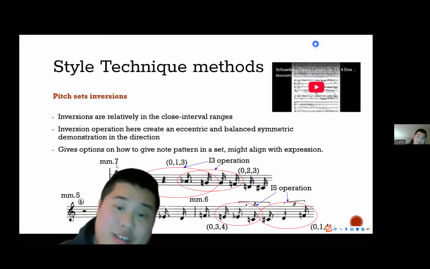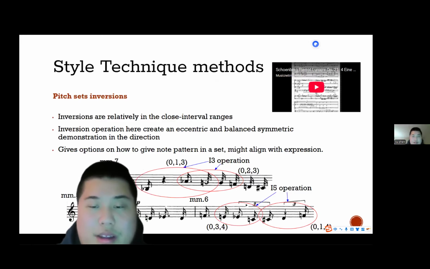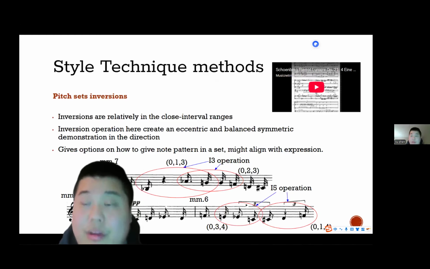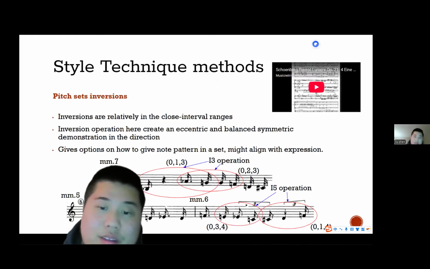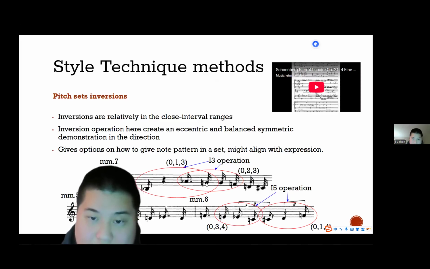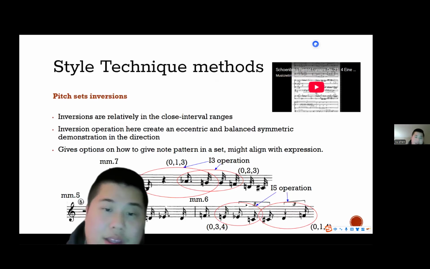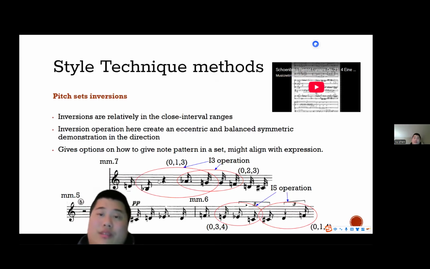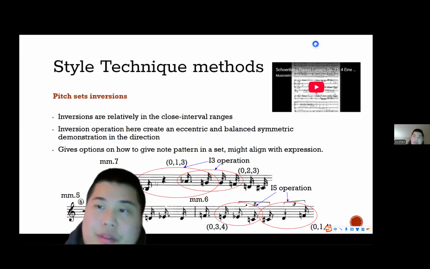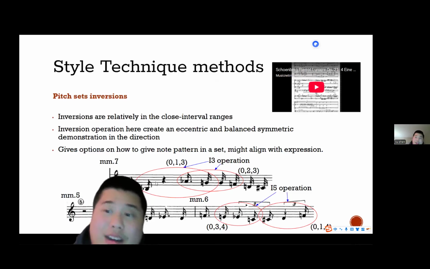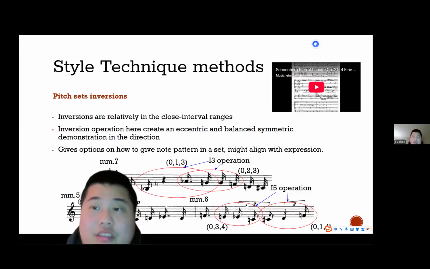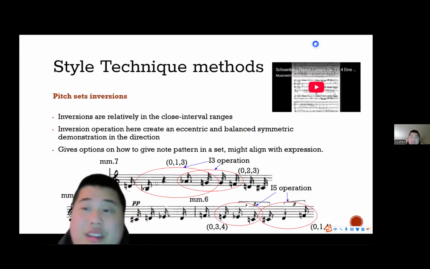Then if we take a look at measure 7, it is also bracketed into two sets of pitch sets. The first grouping has the notes G natural, A flat, and B flat. One interesting thing: the B flat here can be raised one octave higher, because in the twelve-tone system of pitch set theory, the register doesn't matter. What matters is the exact pitch number and also the pitch name.